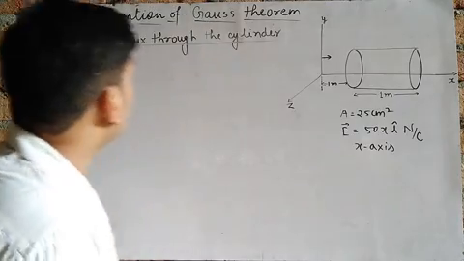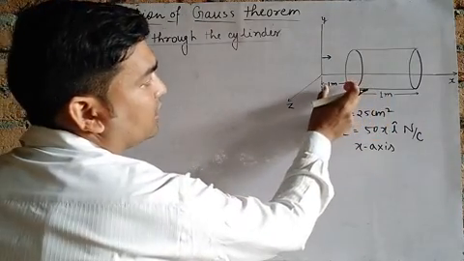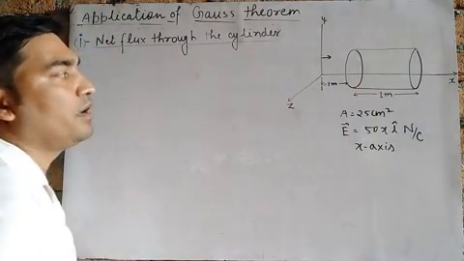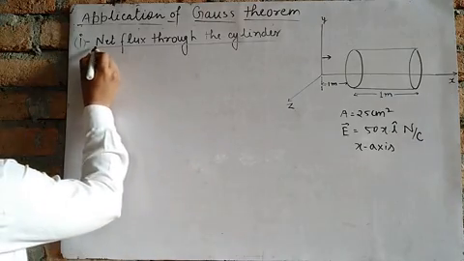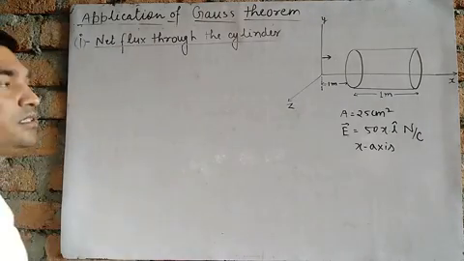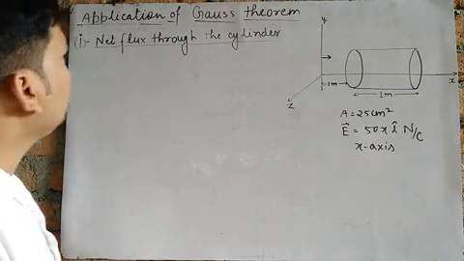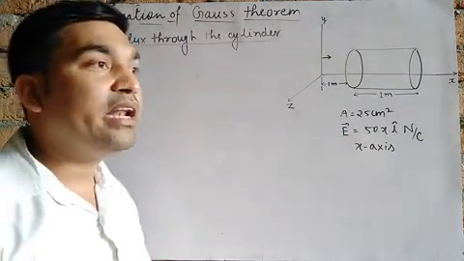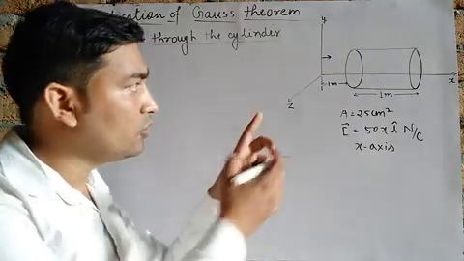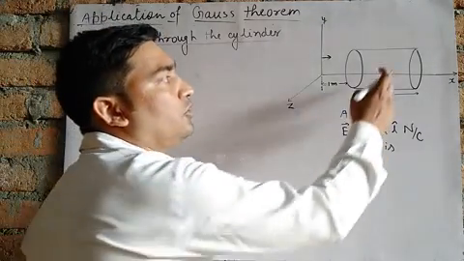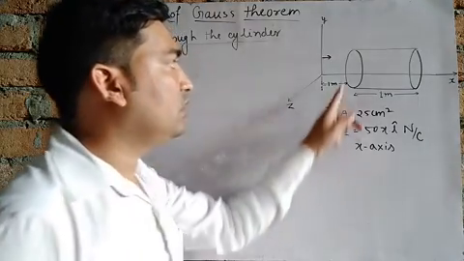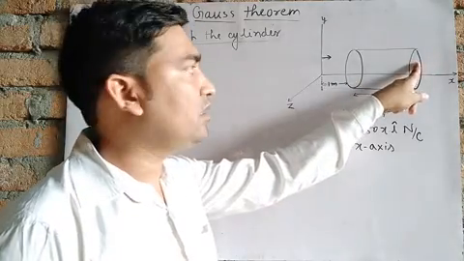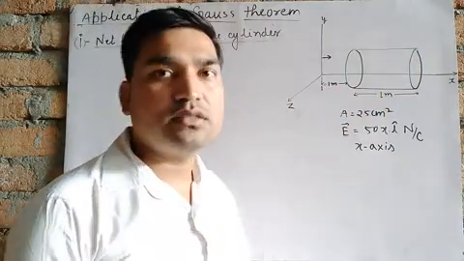And the question is, this cylinder is placed 1 meter away from the origin. The first face of the cylinder is 1 meter away from the origin, and you have to find the net flux through the cylinder. First of all, using Gauss theorem, we have to decide the direction of electric field and how many surfaces make this closed shape. Then you also know there are three faces. This is a flat face, this is a curved face, and this is also a flat face. It means it contains three faces.